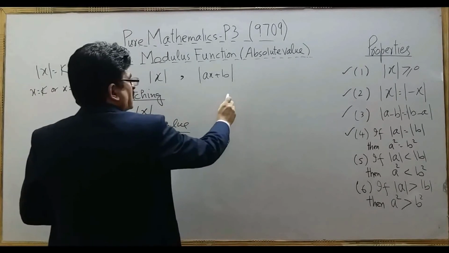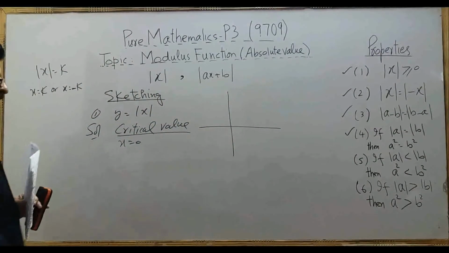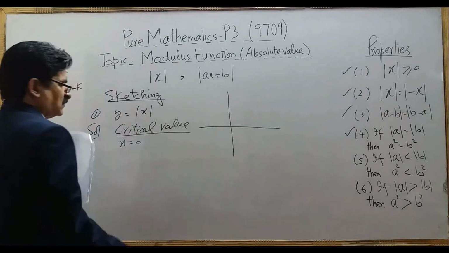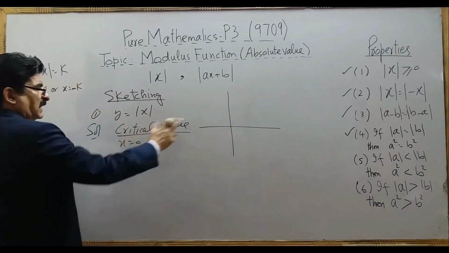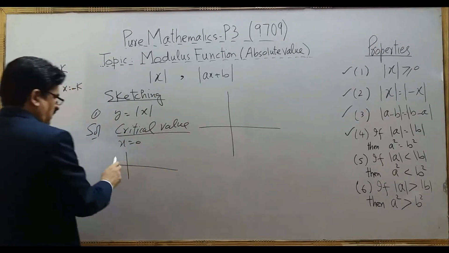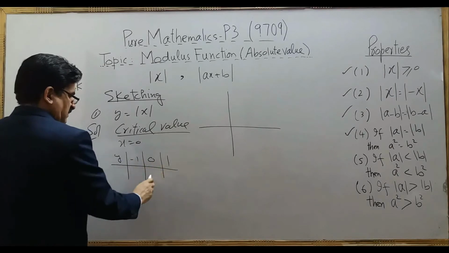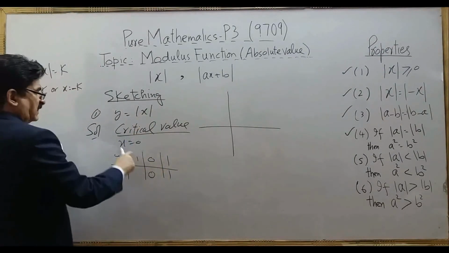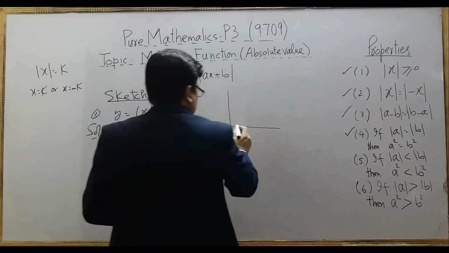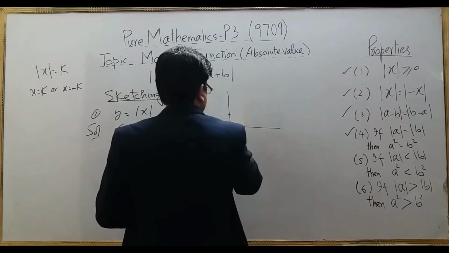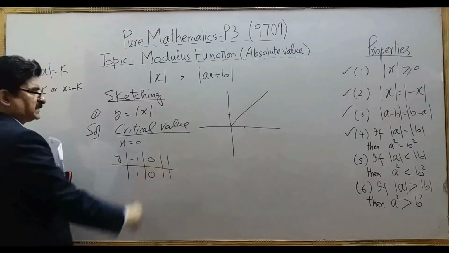Now see that we have to sketch. Of course you will use a pencil and ruler, not a pen, and no graph paper is needed. Now when x is 0, y is 0, you can make a simple table. For x you have −1, 0 and 1. When x is 1, y is 1. When x is −1, y is 1. So the graph goes to the right if x is positive.